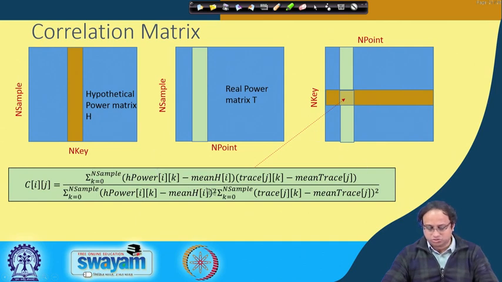The numerator stores the covariance and the denominator stores the product of the variances. If you want to be very accurate, maybe you have to take a square root, but more or less you get the same value, the same proportionality. So you need not bother about applying the square root here.